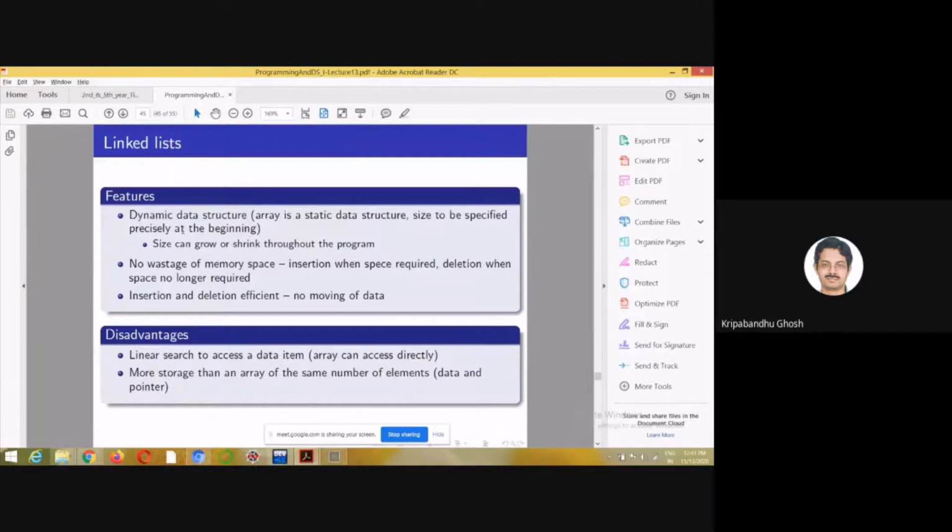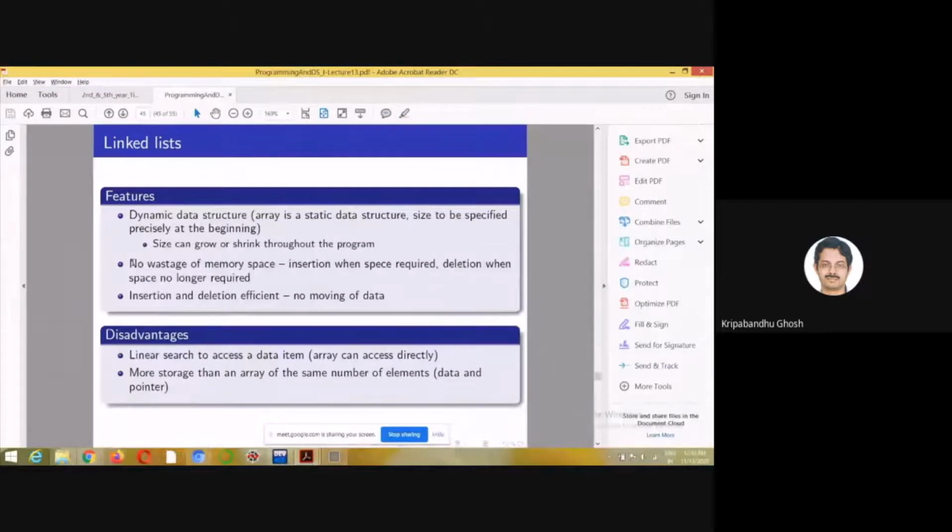But suppose I don't know in advance how many elements I'm going to need in the course of the program. I can look for linked lists. So this is basically a dynamic data structure. The advantage of this is there is no wastage of memory space, because you can add more elements when required, and you can delete them when they are no longer needed.